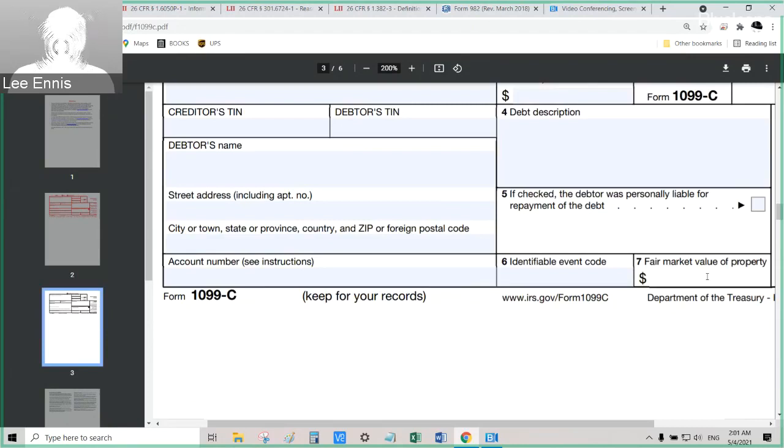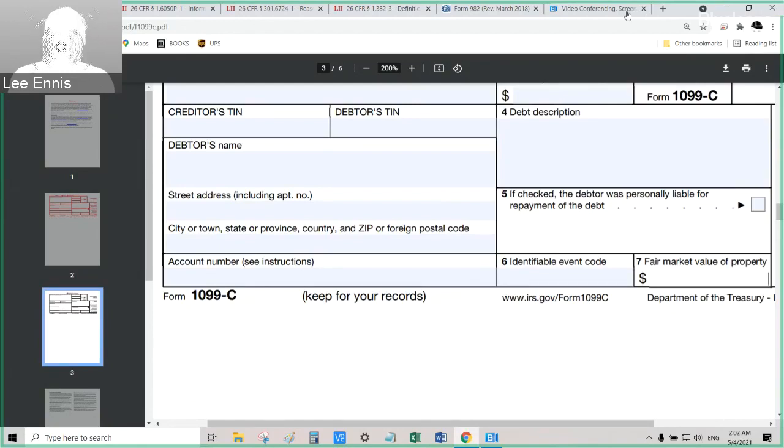And then the fair market value of the property, that's going to depend on exactly what this is. 9 times out of 10, we're talking about cash, but it could also be a loan of a vehicle. It can also be a loan for cash for purchase of a vehicle, right? If you know that that's exactly what they're going to buy with the cash that you're giving them, then you now have an interest in that vehicle. Again, depends on the contract, and so I don't want to go into all that stuff, but that's what you have there. All right,